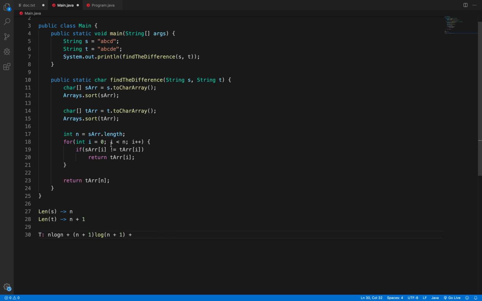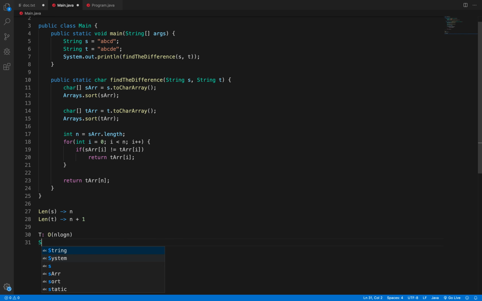In the worst case it will execute n times, so that is n. We can remove this n, because n log n has higher weightage, and we can remove the plus 1 also. So it will be like 2n log n, and we can remove the constant from it, so it's basically n log n.